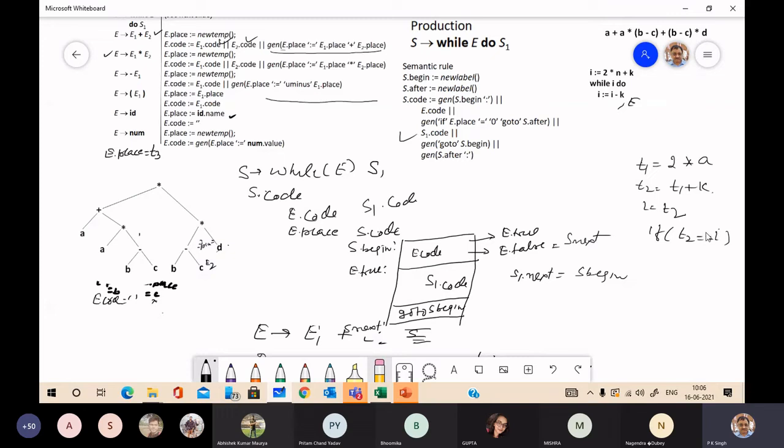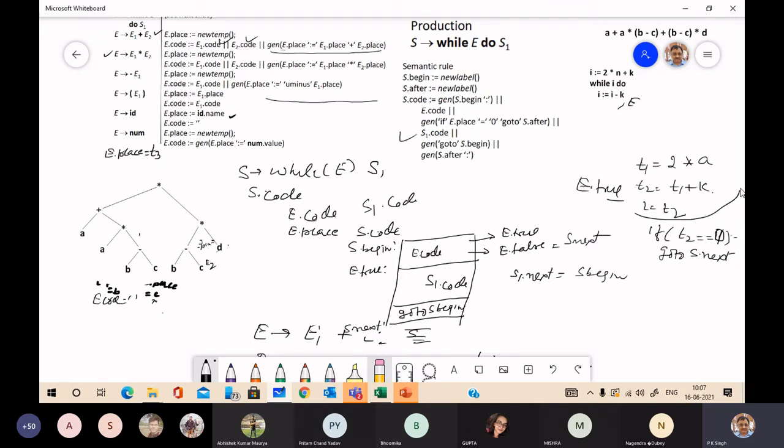If T2 equals 0 or 1: if it is 0, it will go to S next, and if it is 1, then it will go to E true.